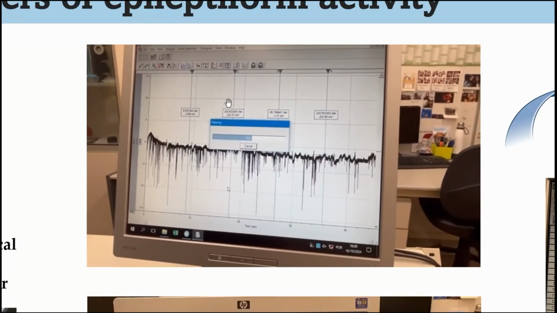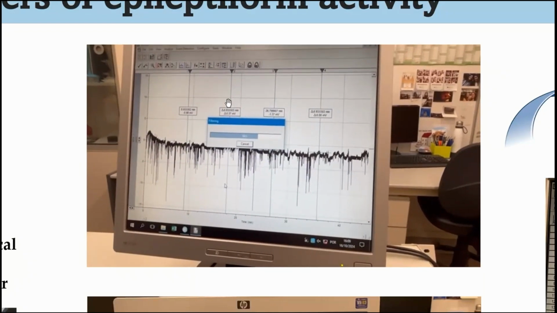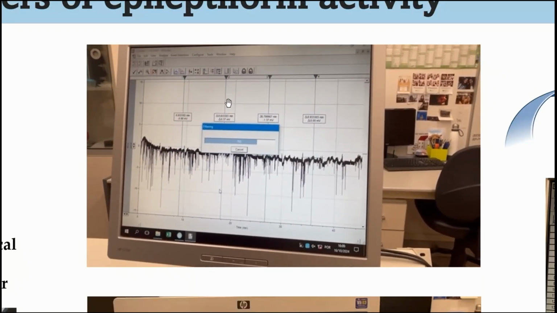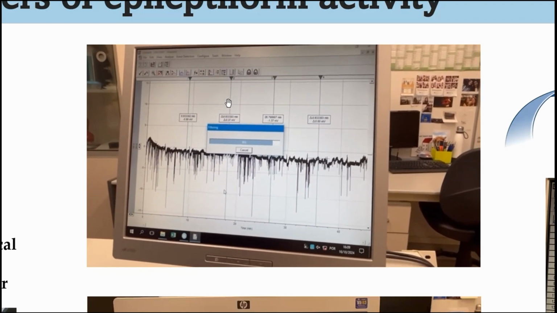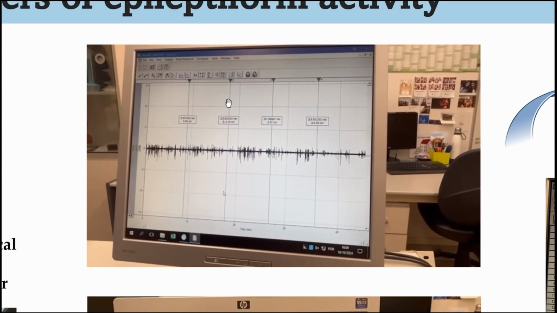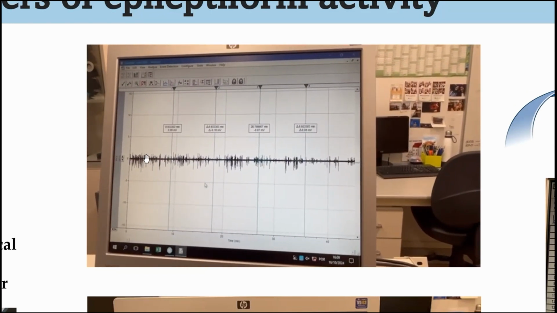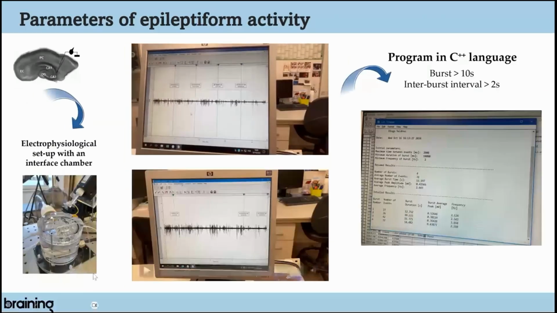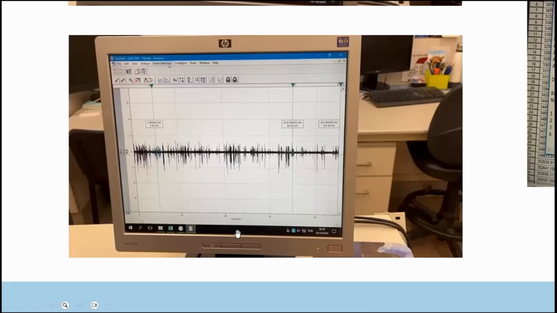So we use a Gaussian and a Bessel filter. These are just filters that are used in science. I have to confess that I'm not an expert on these filters, but they are the ones that researchers use worldwide. And we end up with a filtered signal. And then after having this, we have to quantify the events. So for that, we also go